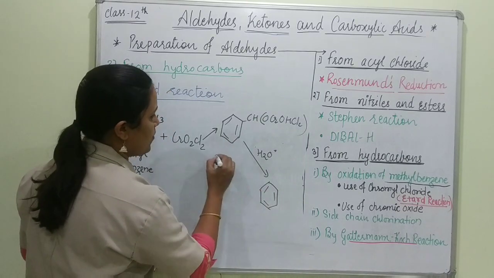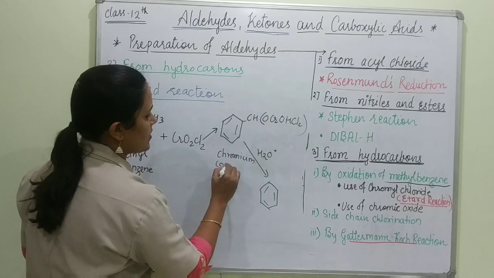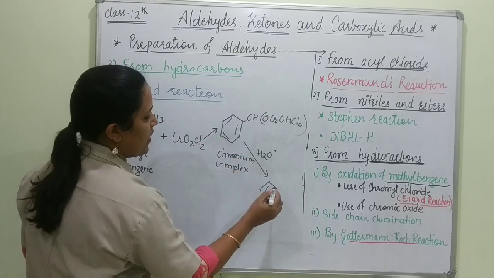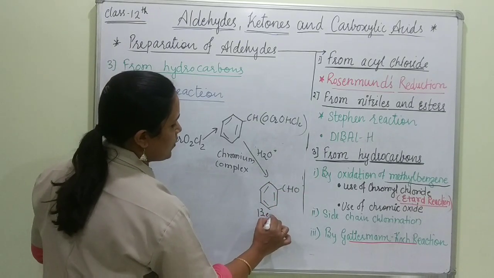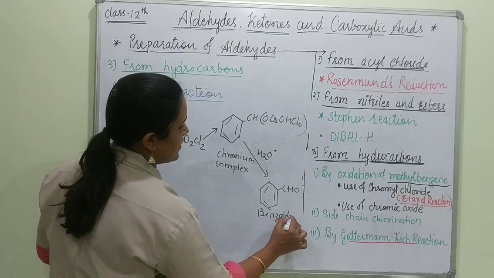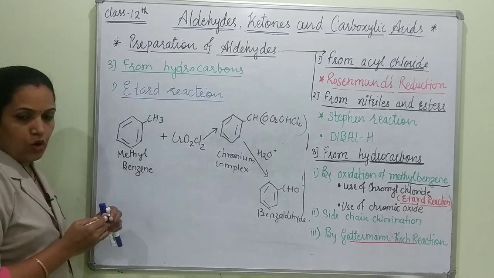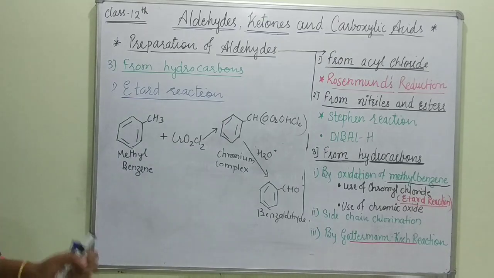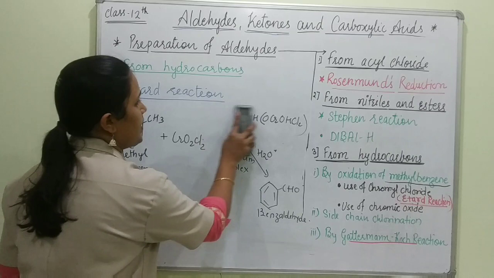And on hydrolysis this chromium complex can convert into CHO, and that one is benzaldehyde. Now if you don't want to write the chromium complex which is formed in between, rather than going for that reaction,